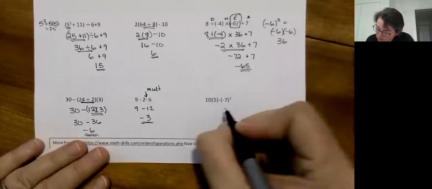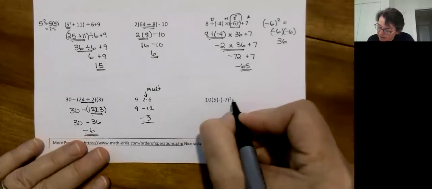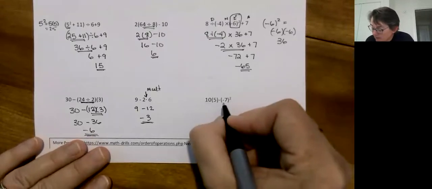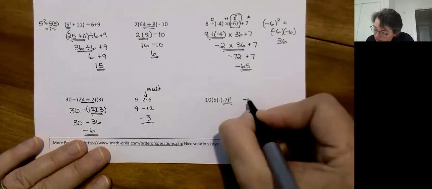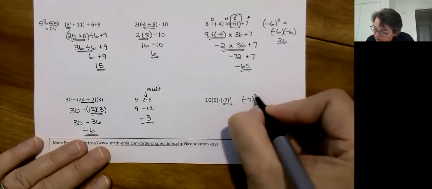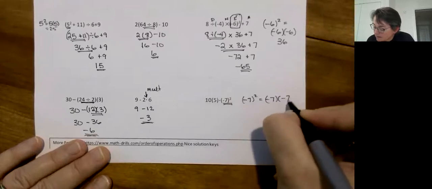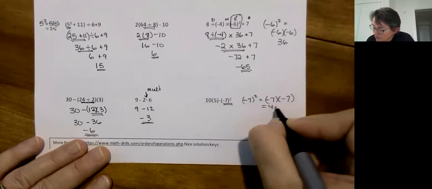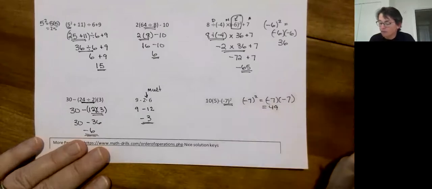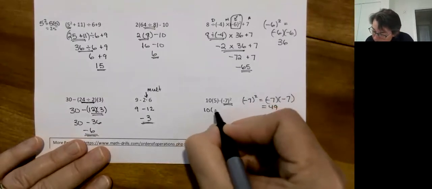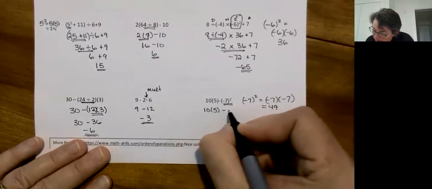All right, almost there. 10 times 5 minus 7 squared. Okay, there's nothing to do within the brackets, but we do have an exponent. So minus 7 squared is equal to minus 7 times minus 7. And that's going to be 49, because a negative times a negative makes a positive. So everything else comes down. 10 times 5 minus